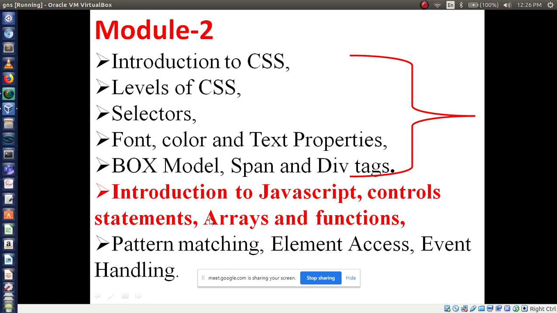These are all very interesting topics. You will feel they are interesting based on CSS. First you have to understand levels of CSS and selectors, then these properties, and you must know the concept of different kinds of tags. It may be the form tag, or the UL tag, the table tag, whatever it is. So to learn JavaScript, you must understand the previous concepts. Now we will start the new concept, that is JavaScript.